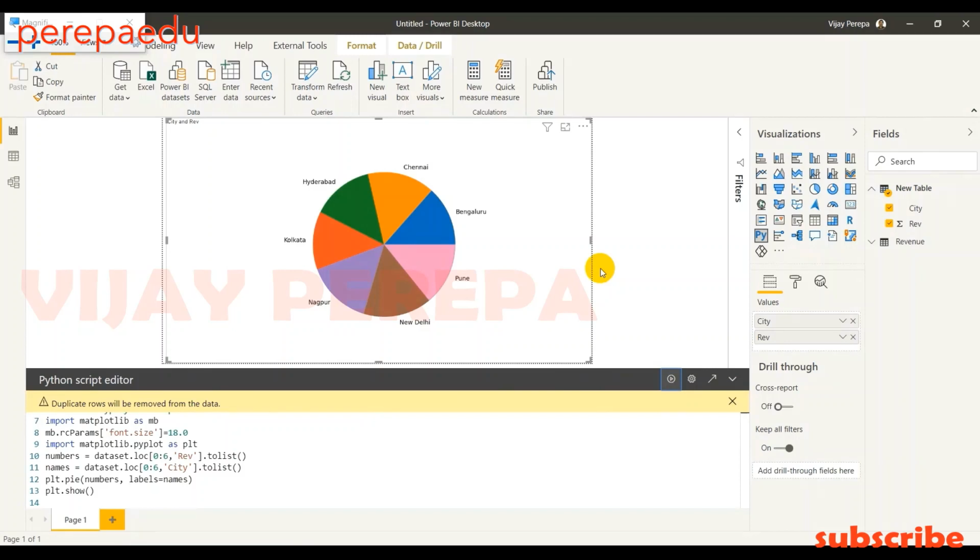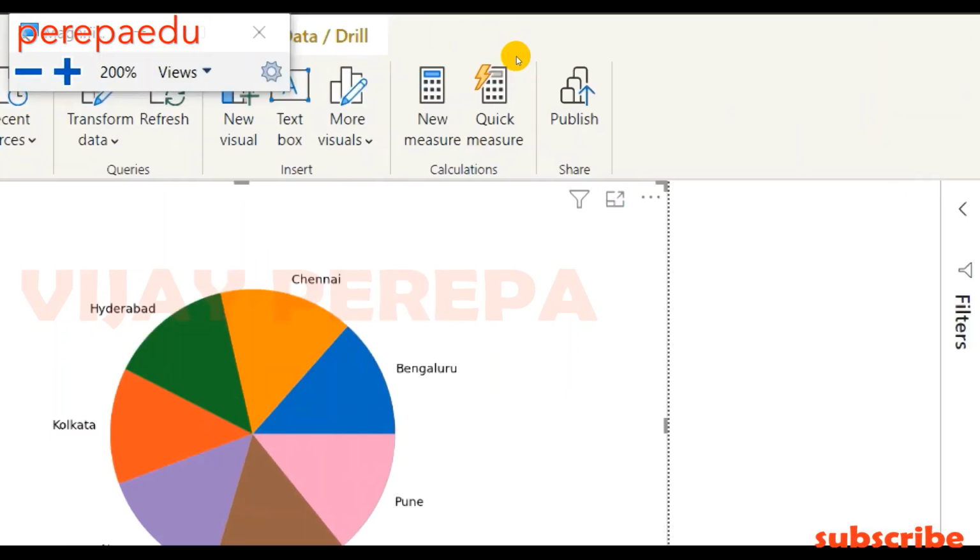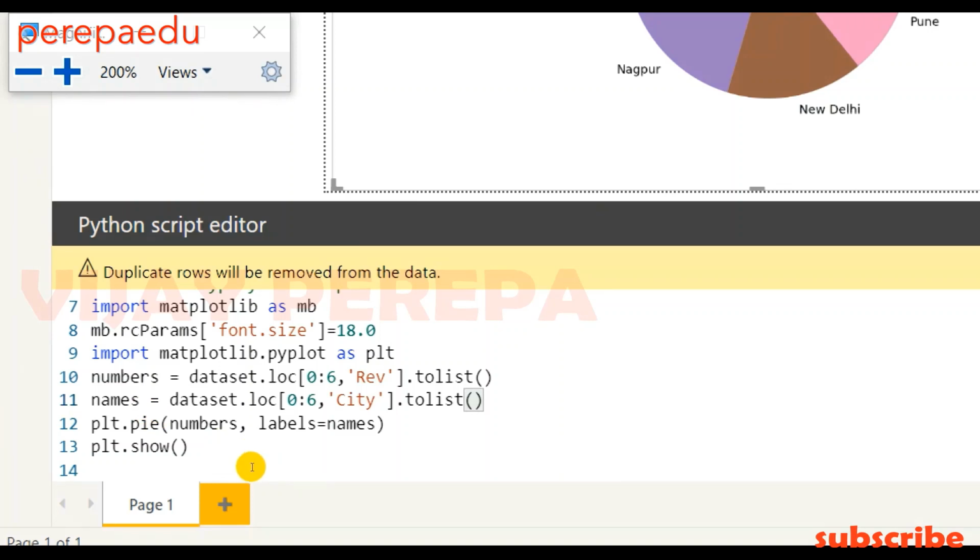Without data labels or numbers, I will not be able to find what exactly is happening there. So I need to add data labels. For that, I need to create a variable. The variable name is percentage, because I want to convert the entire revenue into 100% and distribute among the cities.